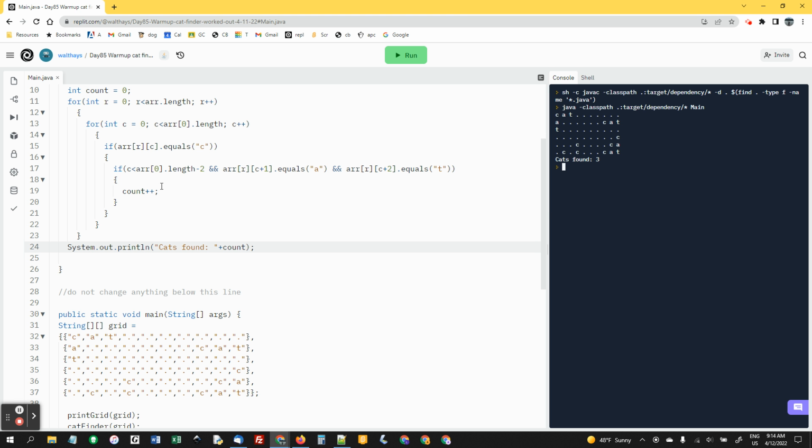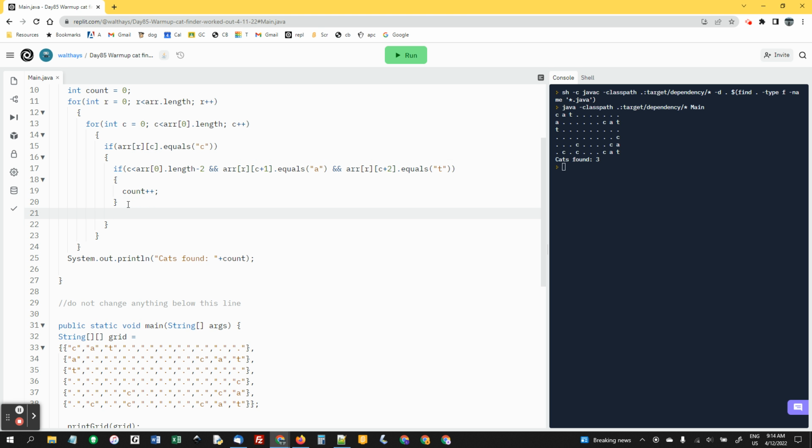Awesome. And then still inside of we found a C, now we can check for the row. So right here, this is for checking down. We're going to say if the row is less than arr.length minus 2, meaning if we're no farther down than the third from the bottom row, and arr[row + 1] equals A,